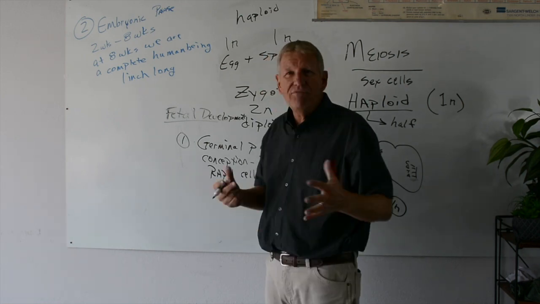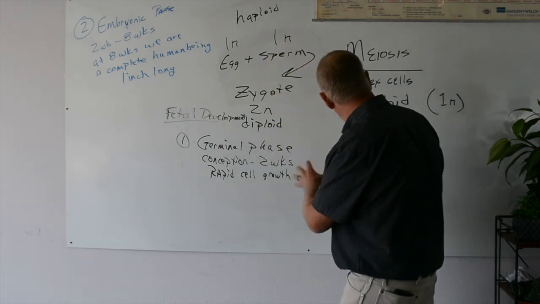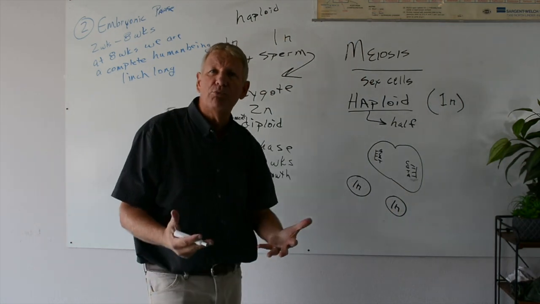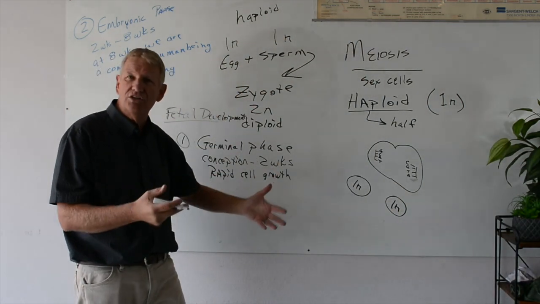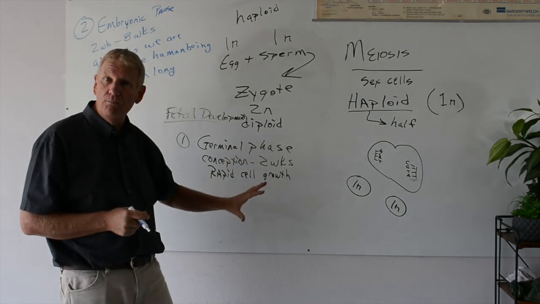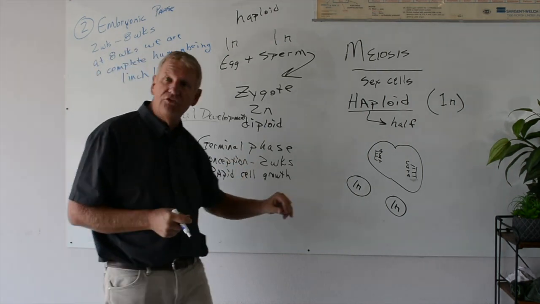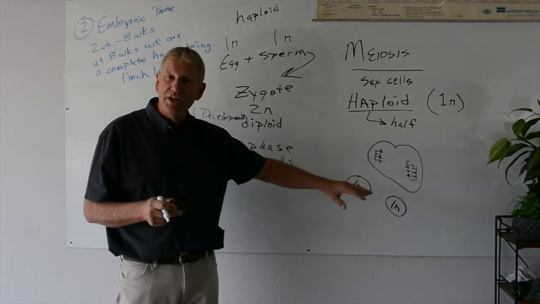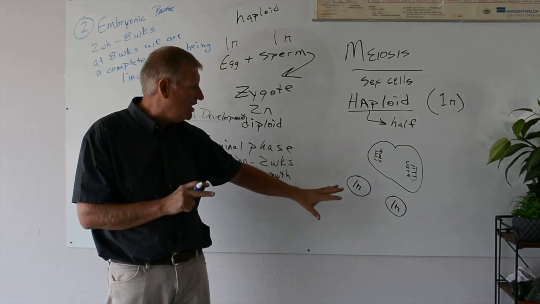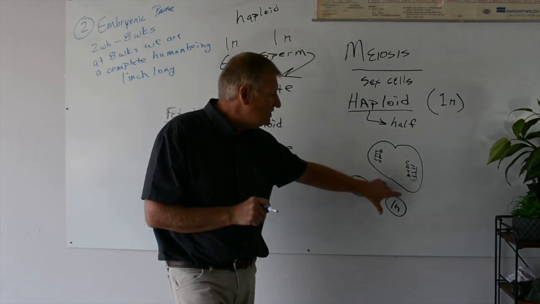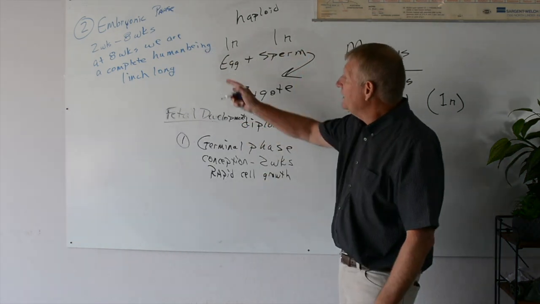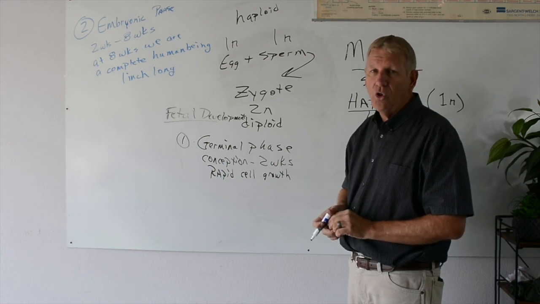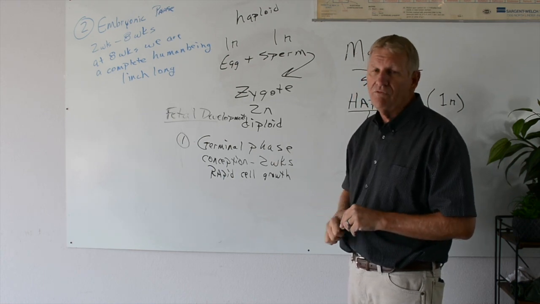Now, say, well, we have the DNA. Yeah, we do. But as that DNA goes, we don't understand the transcription process of how we begin to make these new cells. But once we have the eye cells, then we know that the color of the eye cells came from the mom and the dad. We're going to talk about genetics in the next video. So we know all these things came from here, but how they became specialized cells, that's amazing. The DNA and the RNA have a whole lot more going on than we ever understand.